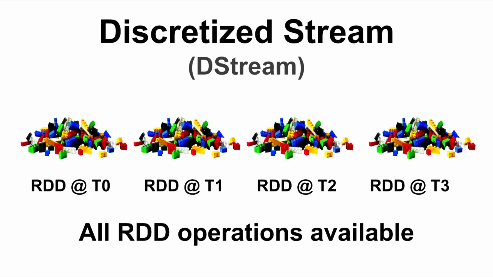What this is basically saying is we switch from saying build me an RDD to give me a discretized stream, or DStream. That stream will break things up to say, here's the RDD at time 0, which is all the values that came in inside of that time period. Here's the RDD at time 2, time 3, etc. And all of the same RDD operations are available to you. Interestingly enough, you can actually mix the two. If you have an RDD that you built out of HDFS and you want to join these operations with data that's flowing in, you could do that. The same join operations apply, since these are essentially RDDs.